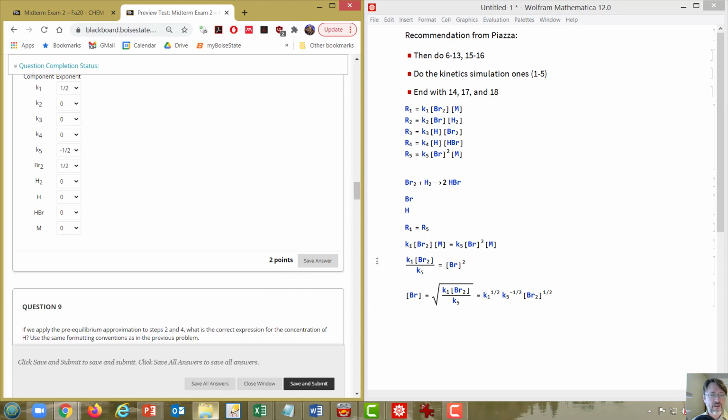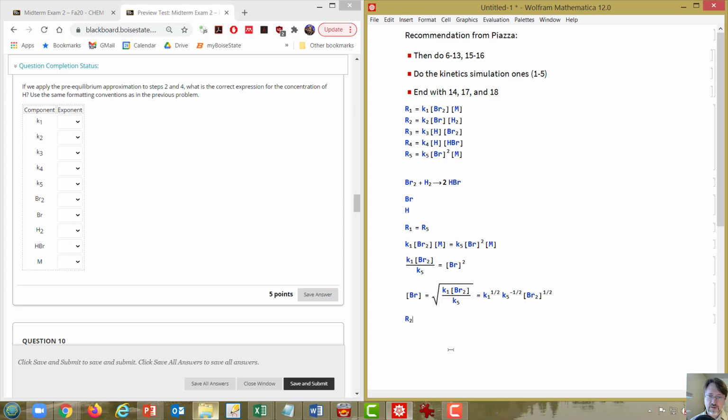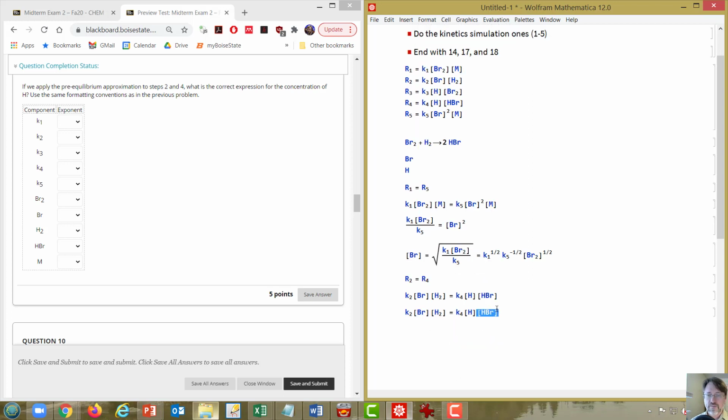Okay, got that one done. Question 9. If we apply the pre-equilibrium approximation to steps 2 and 4, what is the correct expression for the concentration of H? So again, we have R2 equals R4. So R2 is this. R4 is this. We are solving for the concentration of H. So divide through by concentration of HBr, divide through by K4,